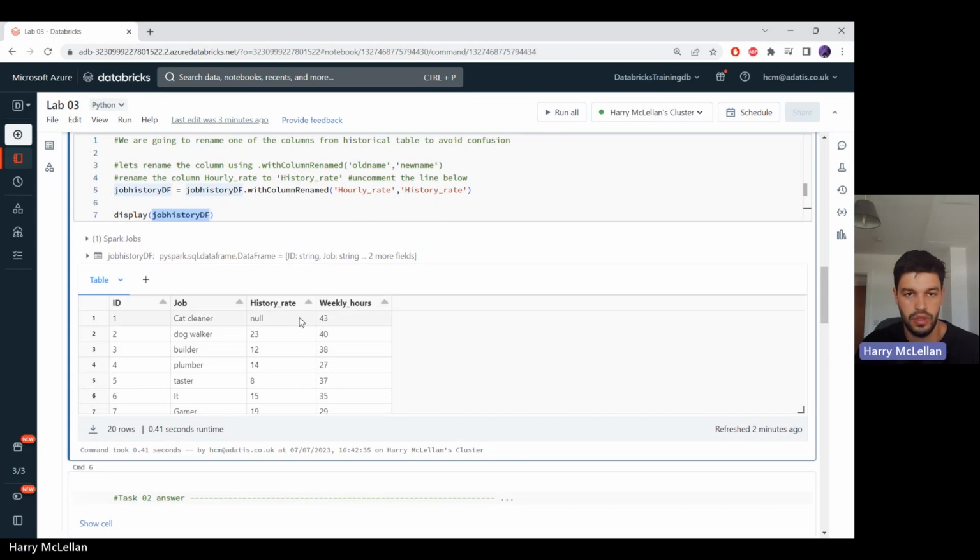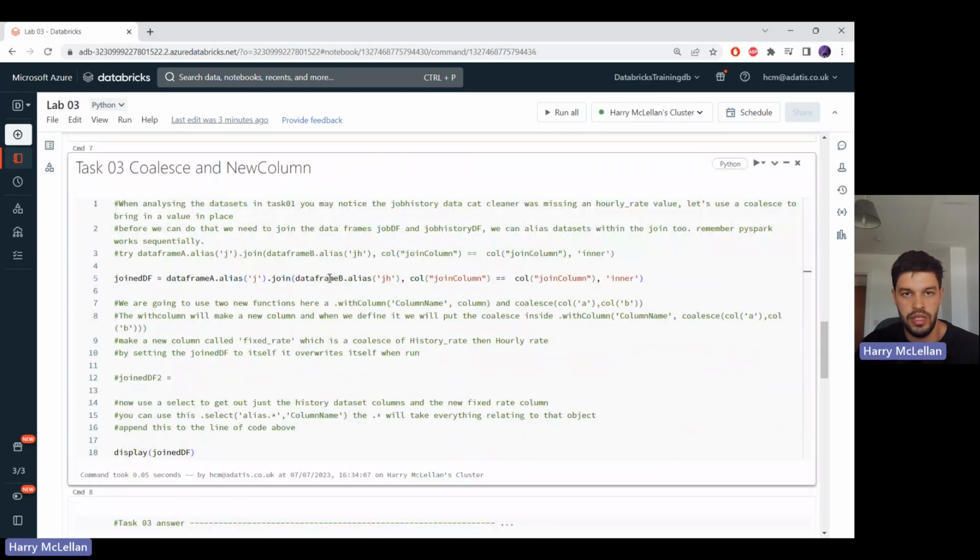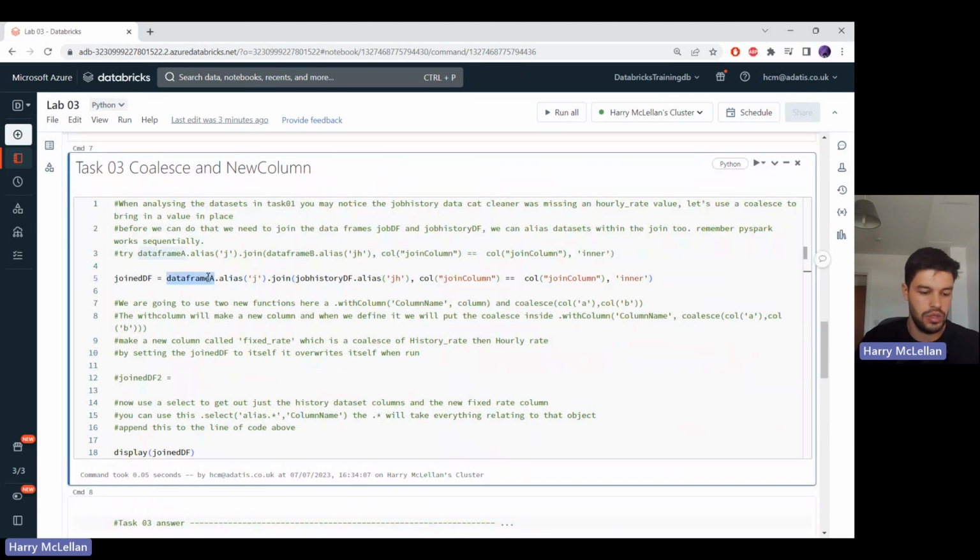So job history, data frame B because of the JH alias, and job, let's just type this in, job data frame alias J. They're going to join on the ID columns. Inner join should be acceptable in this scenario. And if we run this and display it,